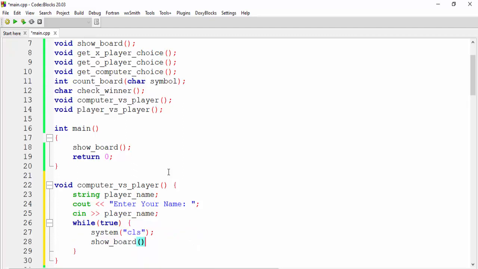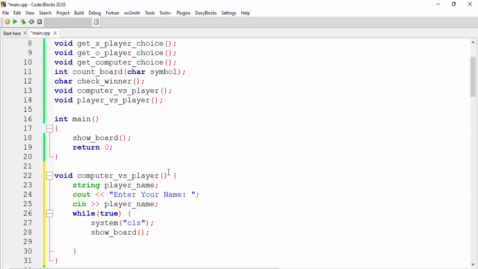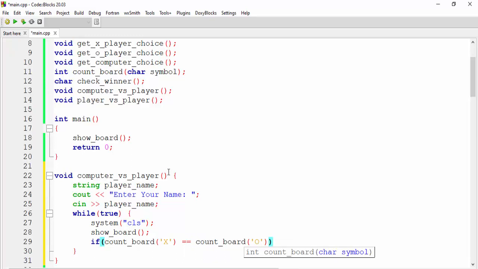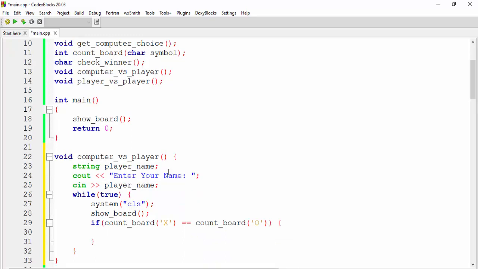After that, I will check the condition. I will say if count board of x is equal to count board of O, then it's the turn of the player, because the player will always be x.